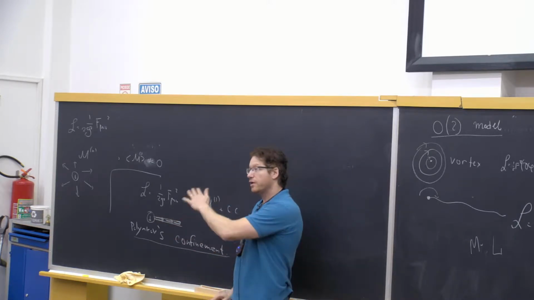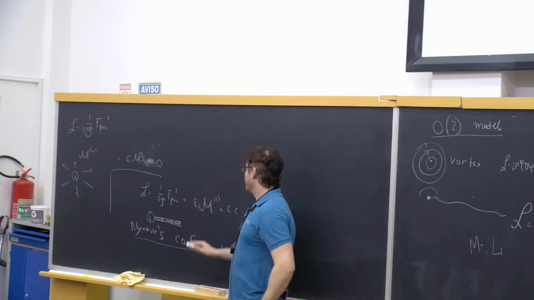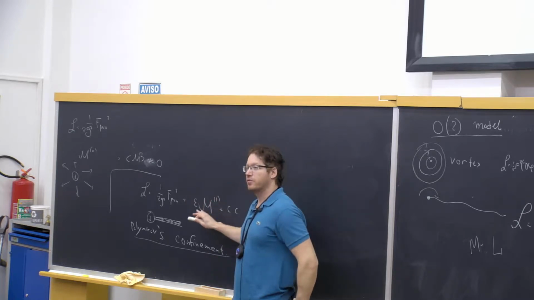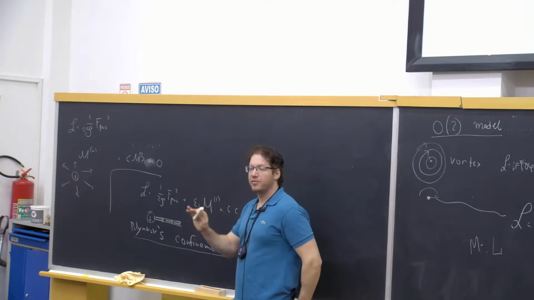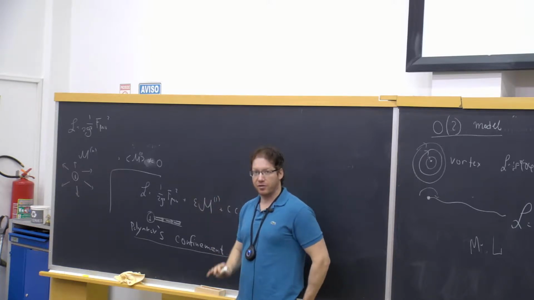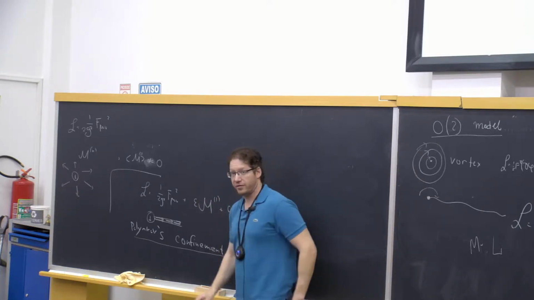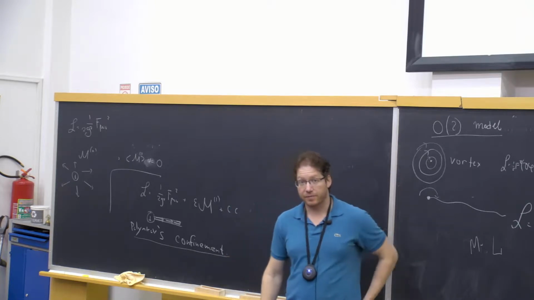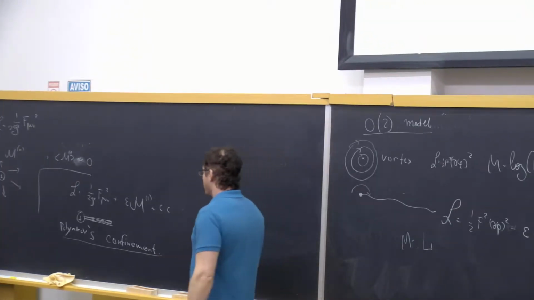Now, people who simulate this model on the lattice cannot prevent these monopoles from being added to the action. That's why people say that U(1) on the lattice always confines, because it's just hard to prevent these operators from being generated on the lattice. OK, so